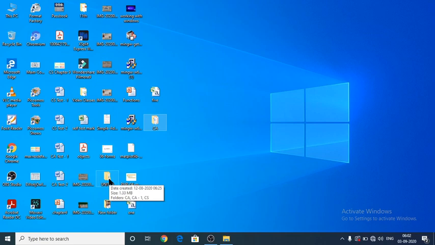The next thing is, instead of using this option, you are able to use another option called shortcut keys. To move a file or folder from one place to another place, the shortcut key to cut is Control X. To paste into your destination place, the shortcut key is Control V. So again, I am going to show an example.